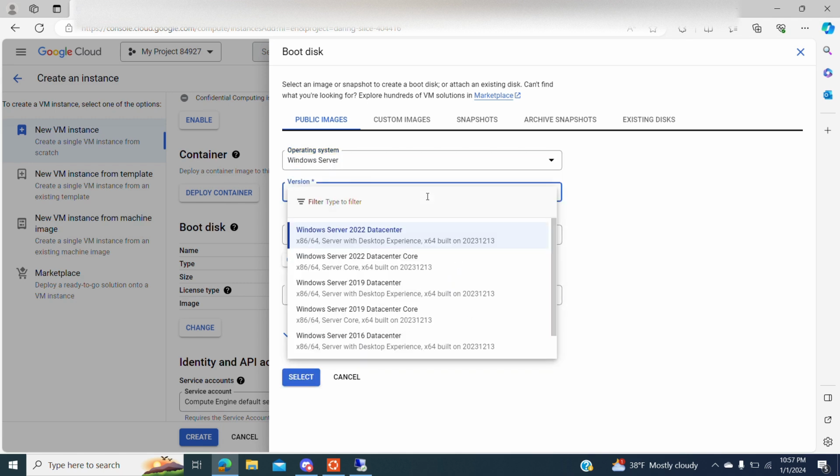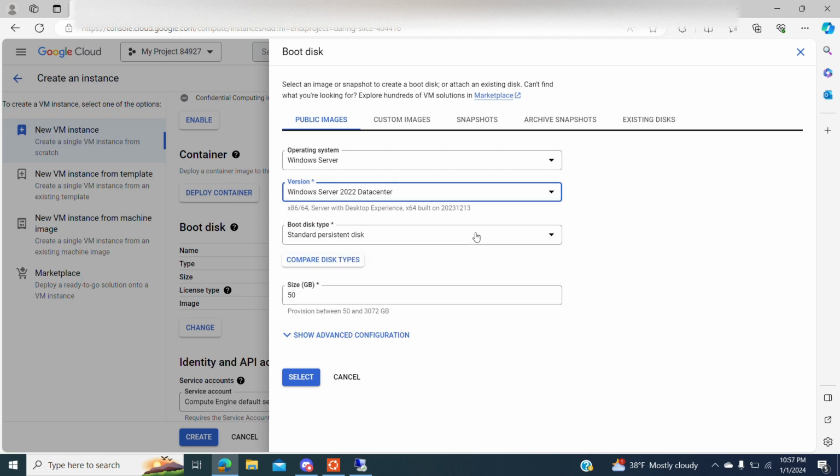If you scroll down to the version, you're going to see that the Windows servers that they provide are just the data center version. They don't have standard or the other version. So we're going to select the latest version, which is the Windows Server 2022 data center, and the standard one,